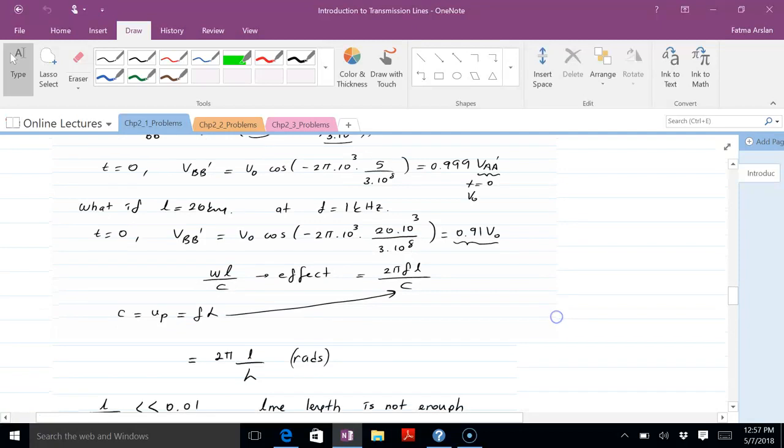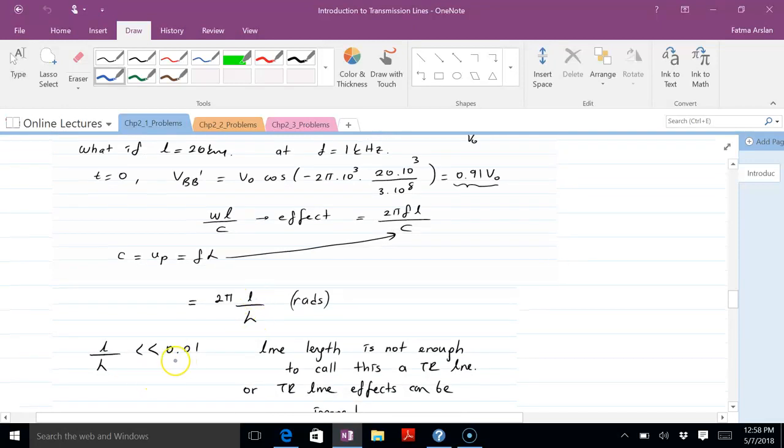So if we just calculate this delay, because it's cosine of that delay, and delay is omega L over c, and if we plug in 2 pi f for omega and then L over c, and we know c is the propagation speed, which is also frequency multiplied by wavelength. So if we plug in for c that amount, then we'll have 2 pi L over